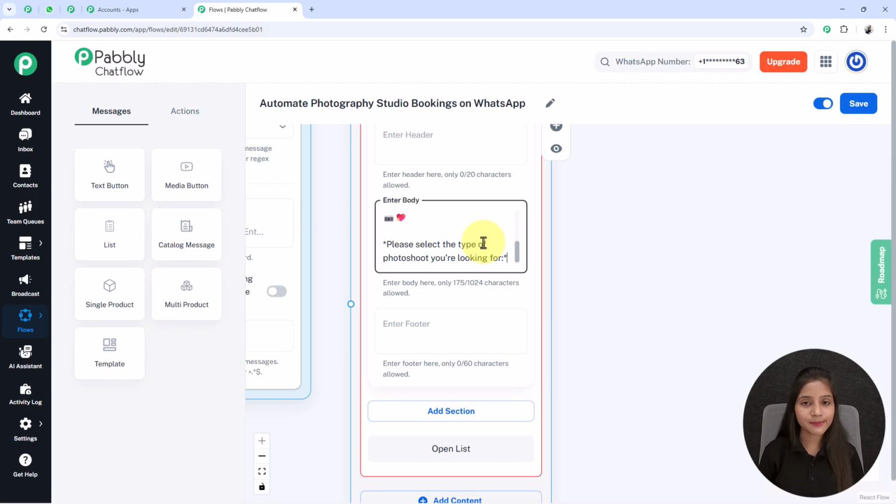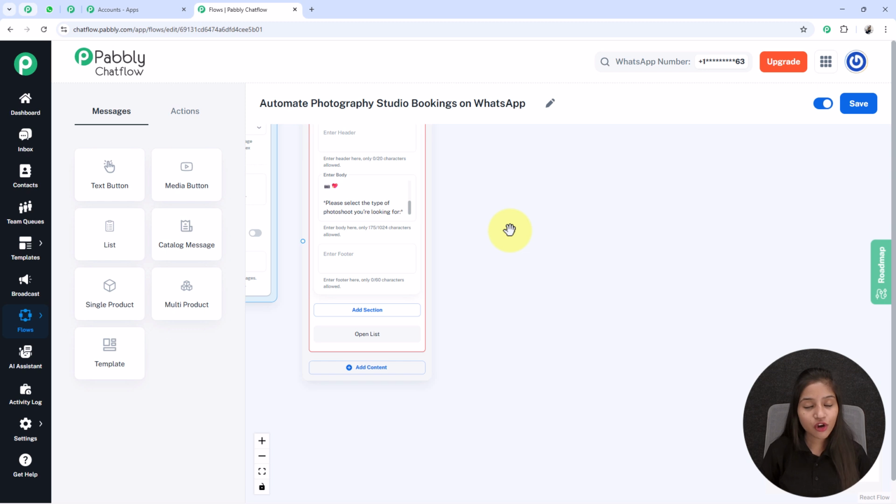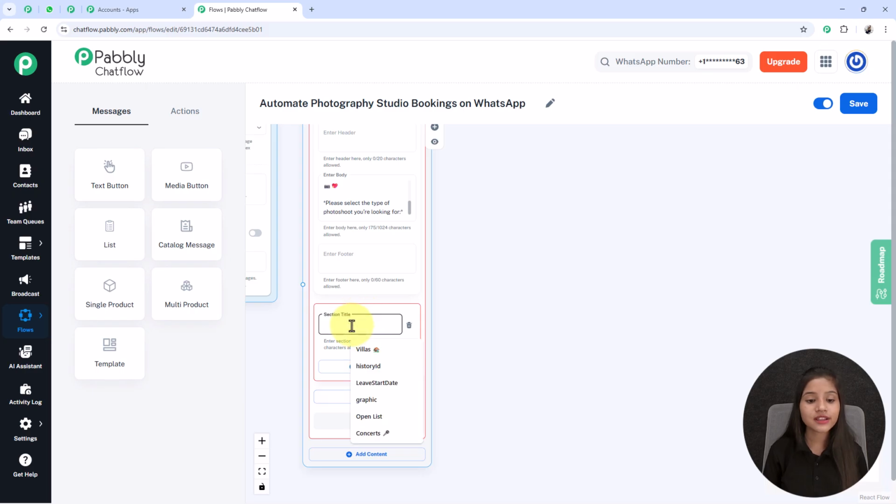At the end of this message you can see I write, please select the type of photo shoot you are looking for. After that, if you want to write a footer, then you can write it in this enter footer box. Now I want to add a list of photo shoot types for my user. For that I am clicking on this plus add section button, where I am going to write the section title